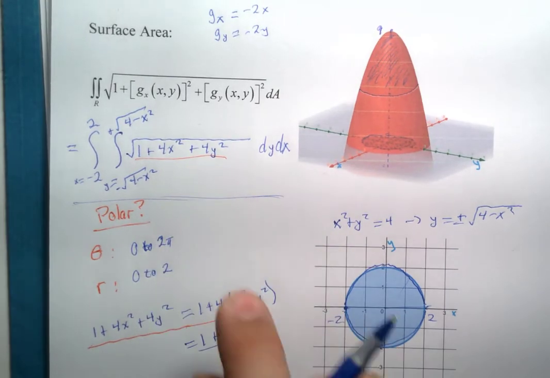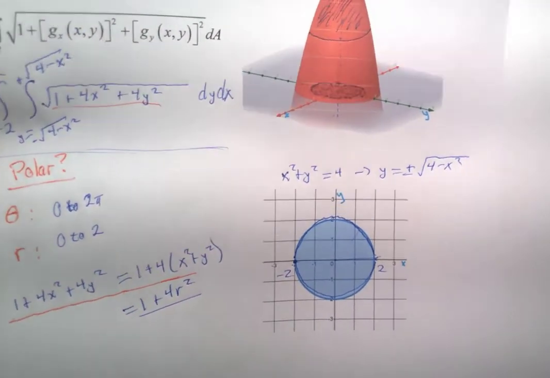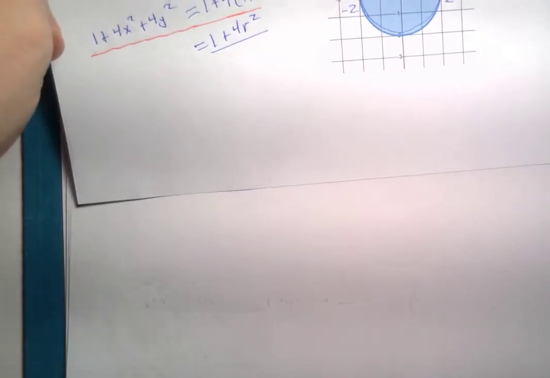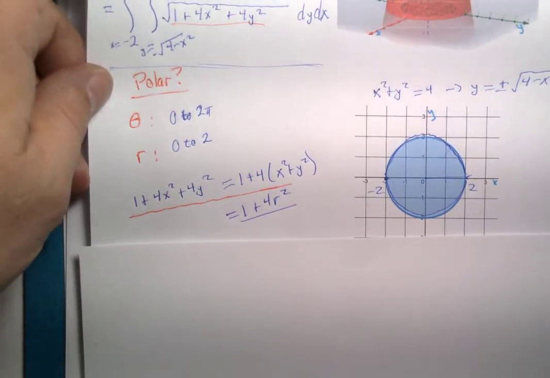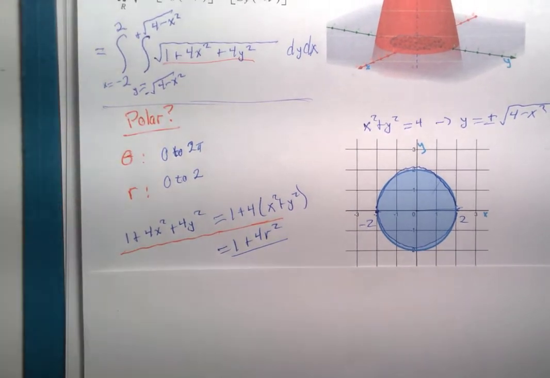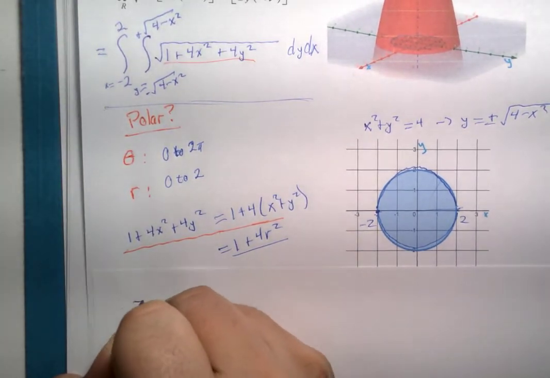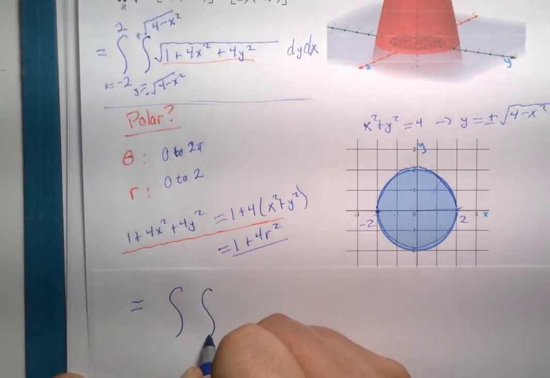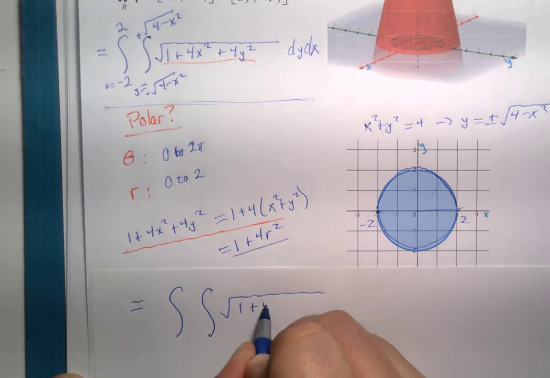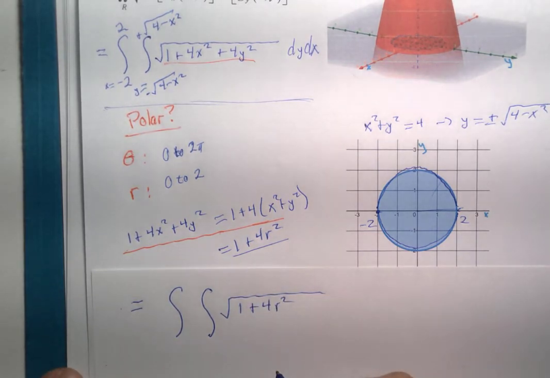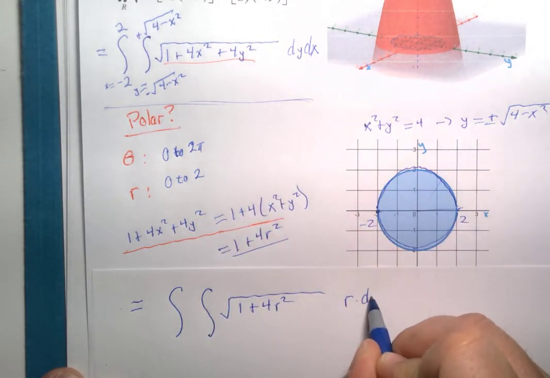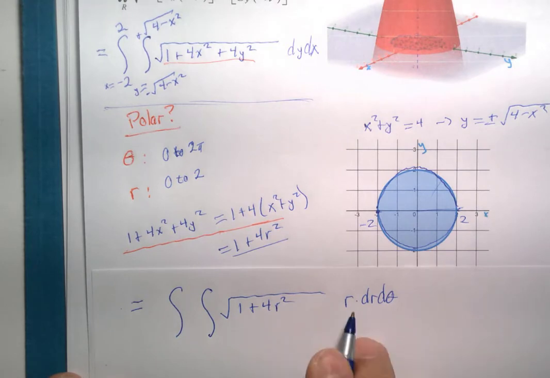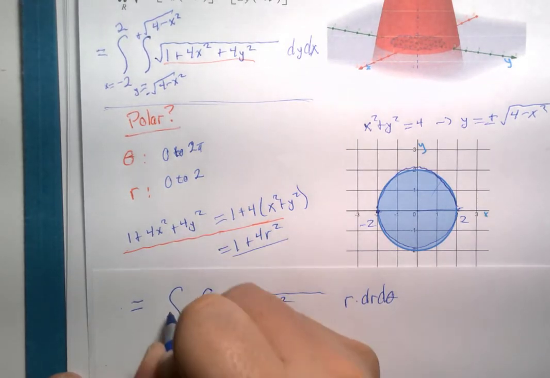Now, let's just slide this up a little bit and see what happens with our calculation if I want to go a little bit further. I need to show that. There we go. So the surface area becomes the integral of the square root of 1 plus 4r squared, the function inside of the root, and, oh wait a second, dy dx converts to r times dr d theta, and theta goes from 0 to 2 pi,